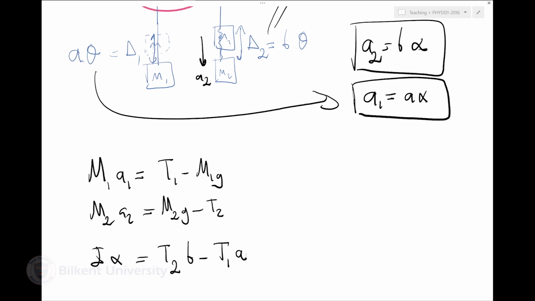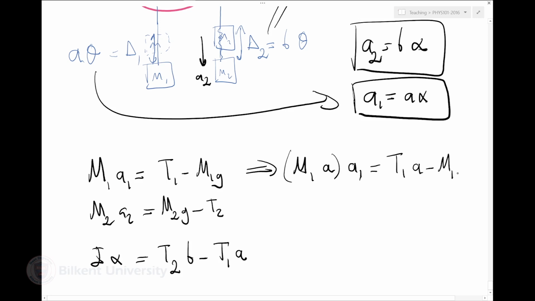What I can do is, if I multiply this equation by a, I'm sorry, I don't want to do that. Instead of a1, I want to write everything in terms of alpha. Okay? That's what I actually want to do. But I have t1 and t2. I want to get rid of these t1 and t2. So I'll do the following. I'll write m1a times a1 is t1a